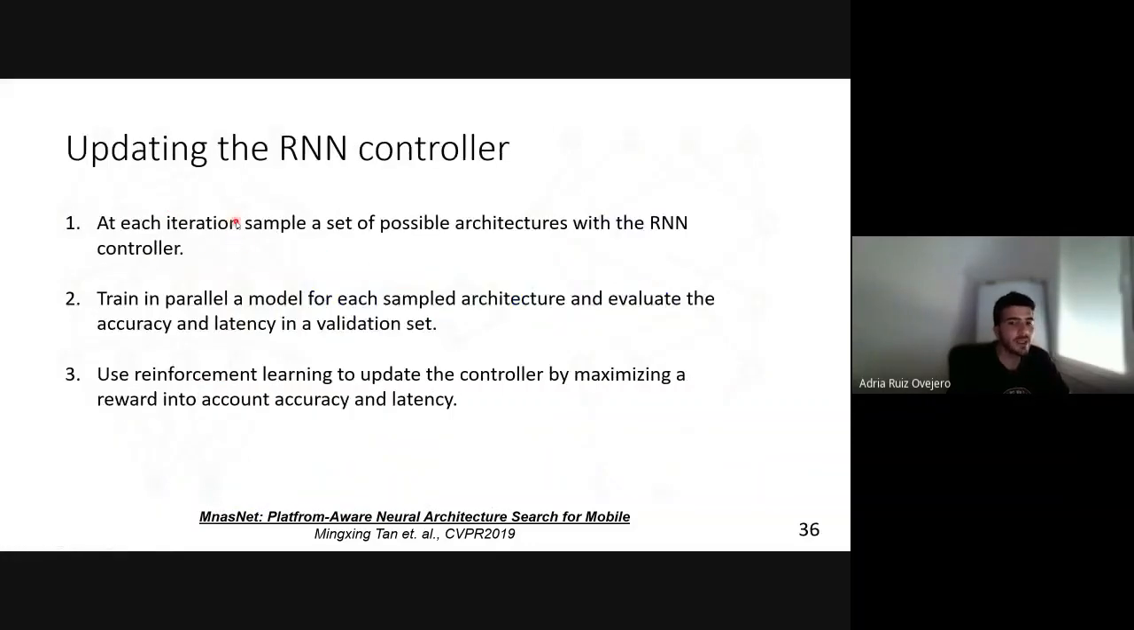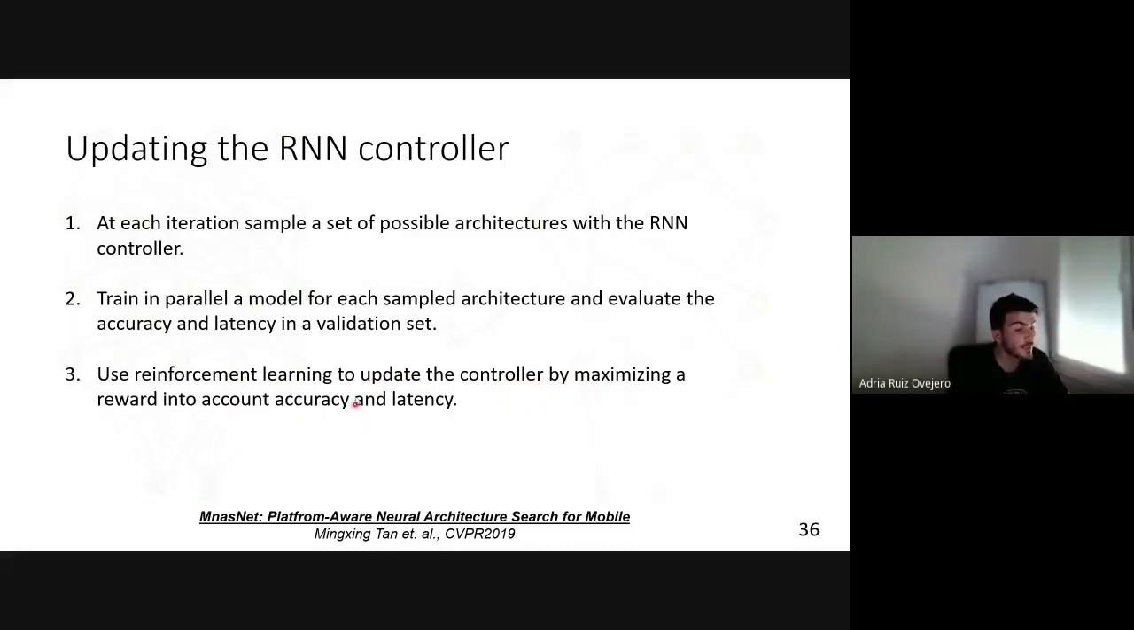So with these components, what the MnasNet paper does is basically the following. At each iteration, we sample a set of possible architectures with our RNN. Then we take these architectures and train in parallel a model for each sampled architecture, and evaluate the accuracy and the latency on the validation set. And finally, with this validation accuracy for a given architecture, we use reinforcement learning to update the controller, so the parameters of this recurrent network, by maximizing a reward,